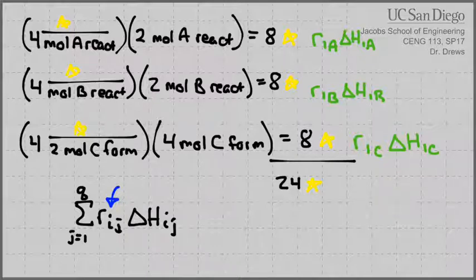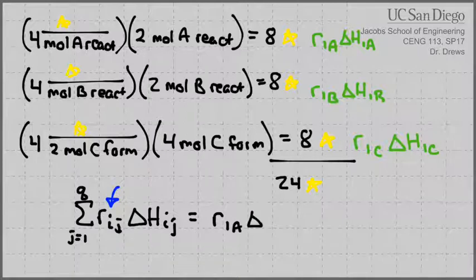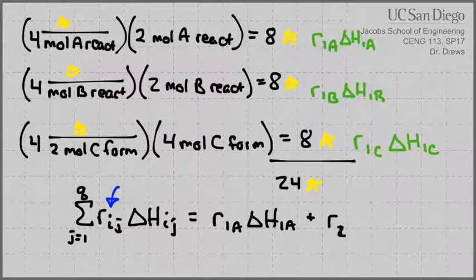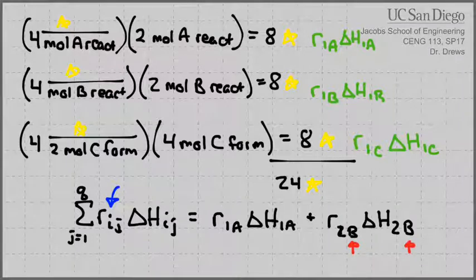This is why the end result of a term like this for the example that we have looks like R1A delta H1A plus R2, pick another one, B, delta H of 2 in terms of B. You can change these terms, right? If I don't want to work in terms of B, that's fine. I can switch them both to C, because C also appears, or I could switch them both to D. D would also be okay. But I don't add those terms on top of it because then you're going to overcount the amount of energy